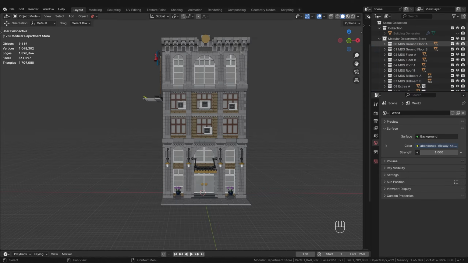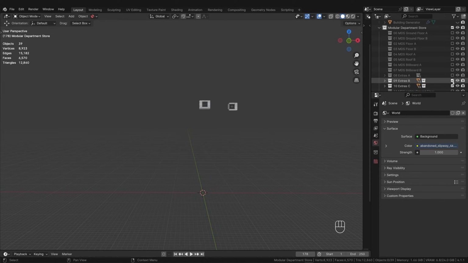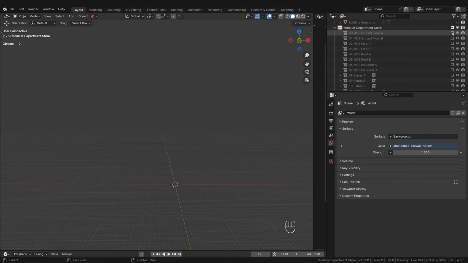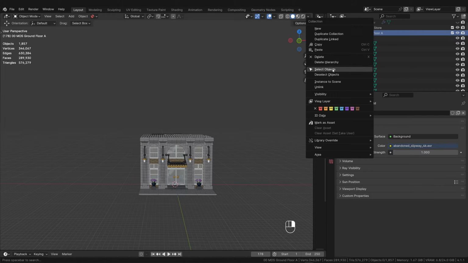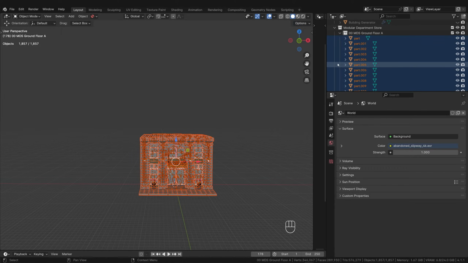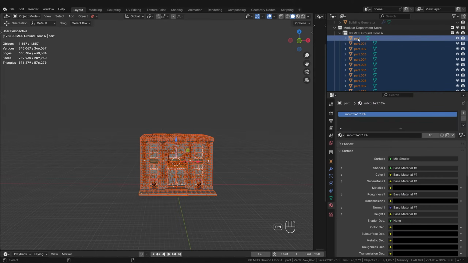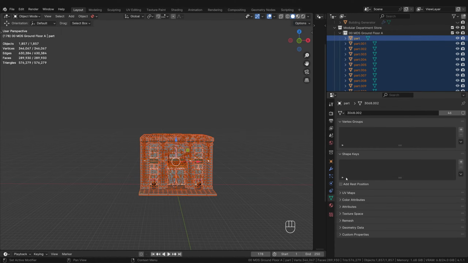Good, now we can turn off all collections and work our way through. So we first activate the first collection, open it, right-click on the collection name and click on Select Objects. With the Control key pressed, we select the top object. Before we combine all the objects into one, there's one last important step. Down here in the data properties, you have to make sure that the mesh data from the selected object only appears once in the scene. If this is not the case, you have to click on the number. Now move the mouse into this window and press Ctrl J.